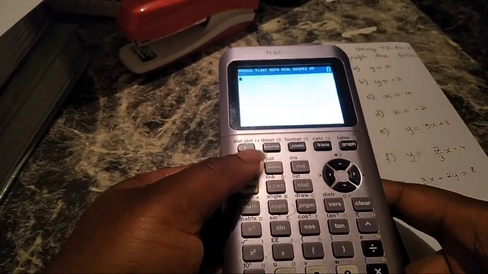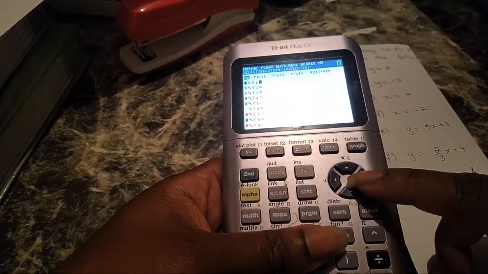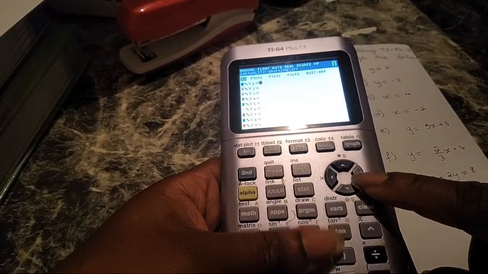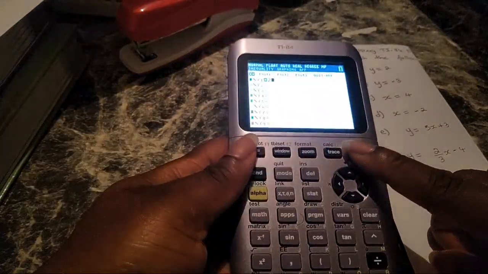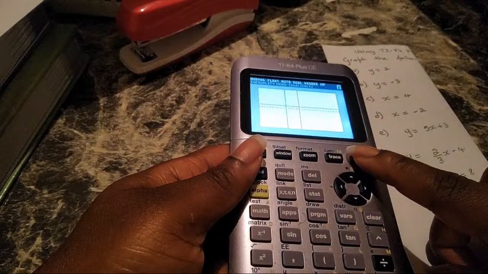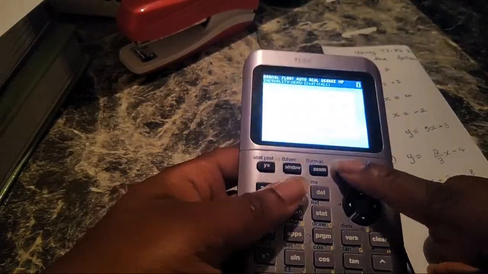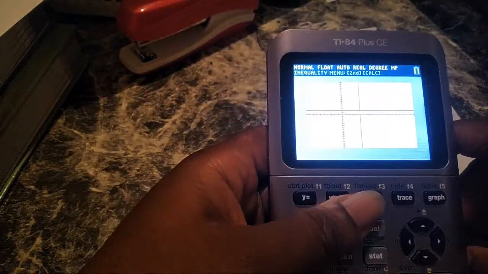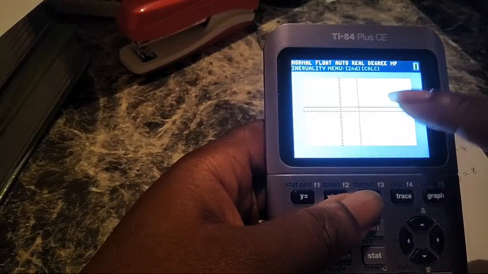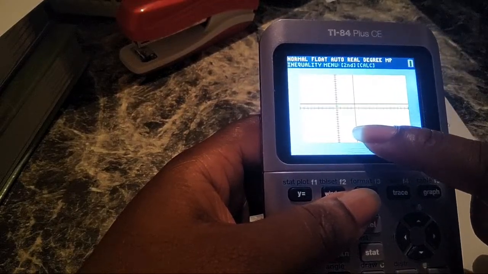So I'm heading here to select y equals, and I'll enter in the 2 right here. I'm using the right arrow key to go to the right, and then I'm selecting the number 2. Now I'm going to select graph. If you notice, I have 2 graphs here actually. So it's not just one. I have the one for y equals 2, and I have another graph that is a vertical line. And that's because earlier I graphed